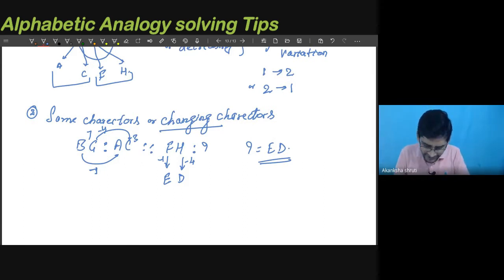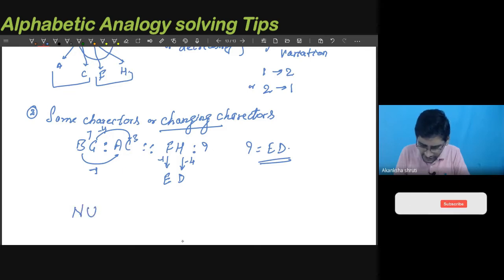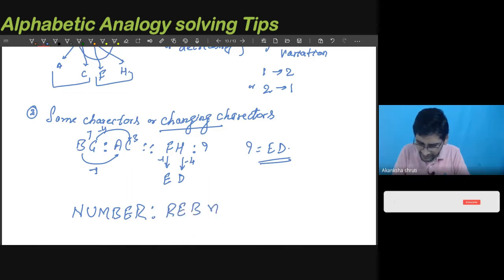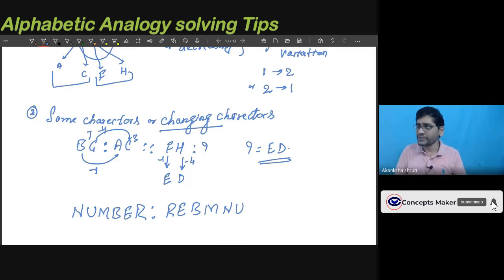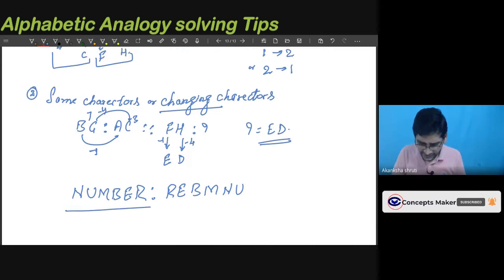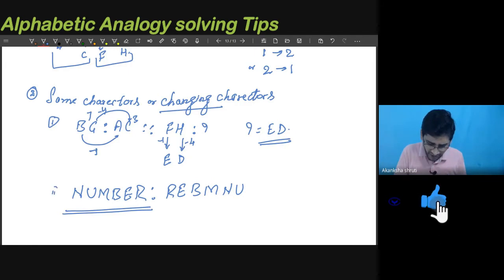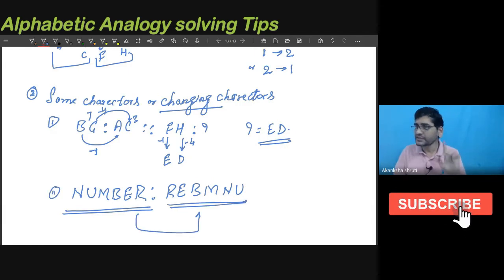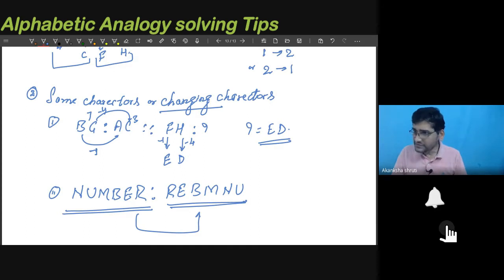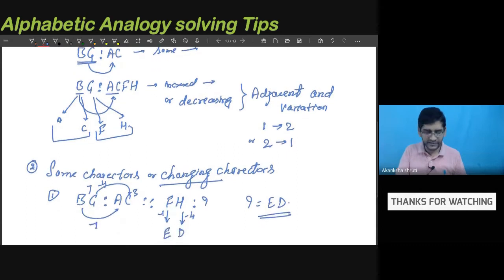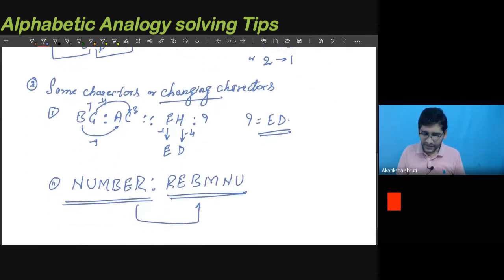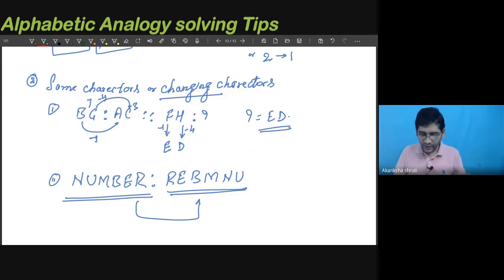But if the characters are the same, then what do we need to do? If it is written like this, say NUMBER to REBMUN, what are we observing? All the characters that are present here are also present here. So this is the other category we need to keep in mind. In this situation, at a glance you observe whether there is an increase or decrease in characters. Then if the same, meaning no increase or decrease, then whether the same characters or character variation.